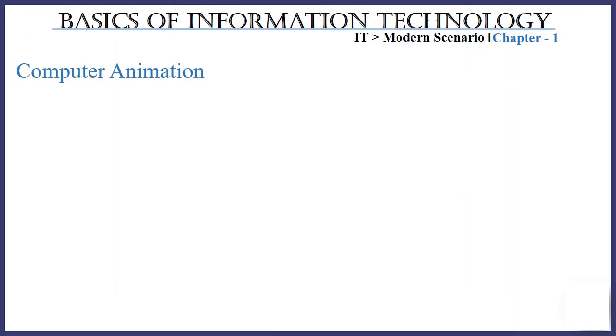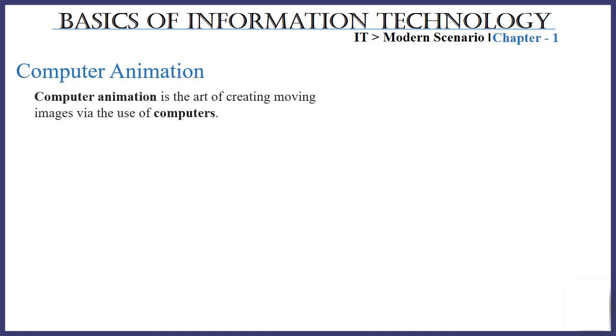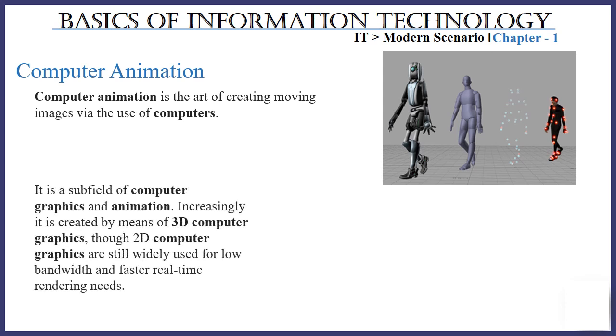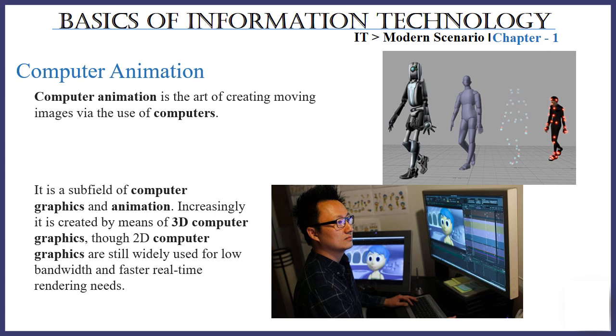Computer animation. Computer animation is a very interesting field. Basically, it is an art in which we animate objects by using different software. These days, animation and graphics work together, creating 3D and 2D computer graphics. As in the diagram, the designer is developing animated cartoons. Further, there is no need to study these fields in detail because in this chapter we just understand the basic concepts of the mentioned fields.